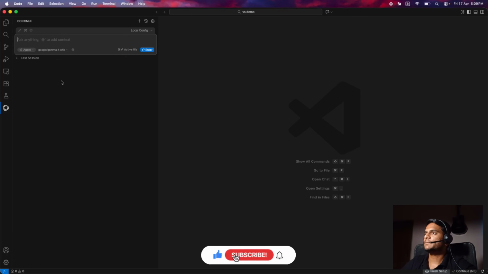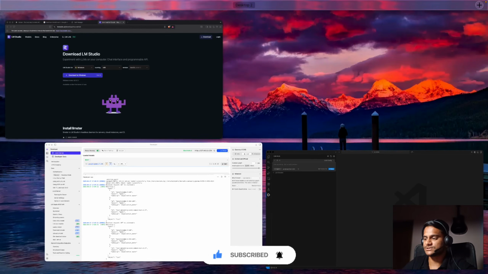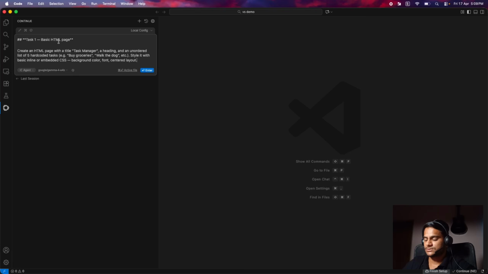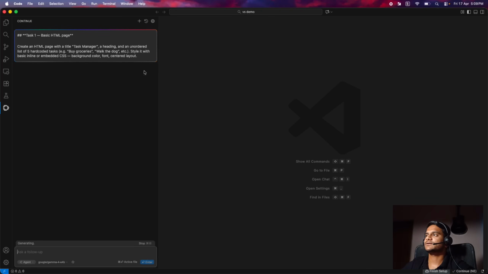So now what I'll be doing is, I have a few set of tasks here in my system. That task basically creates an HTML task manager page, and I'll be pasting them one by one here, at different steps. So task one is to create a basic HTML page, where it should create an HTML page with title, task manager, a heading, and an unordered list of 5 hard-coded tasks, like buy groceries, walk the dog, style it with basic inline. We'll just click enter on it,